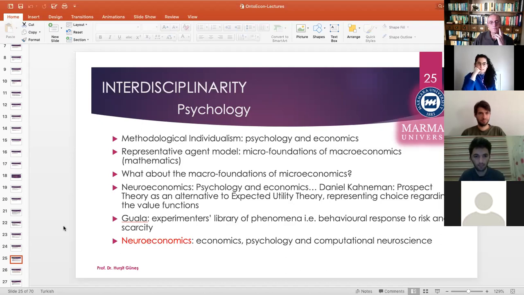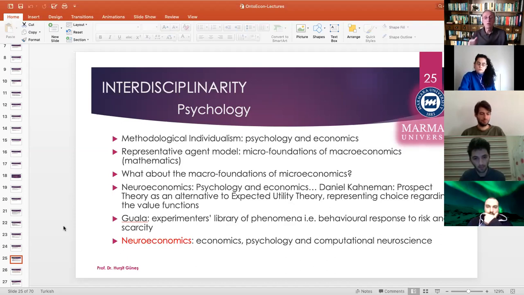Now, the representative agent model is also another important concept, in the sense that we talk about micro foundations of macroeconomics. Macroeconomics is studying macro concepts and short-term concepts in economics, but we never talk about the microeconomic foundations of macroeconomics, and we generally assume that there is a competitive structure. Once we say that there is no competitive structure, the entire macroeconomic analysis changes. For example, if you believe that there are oligopolistic markets, then you get into price stickiness, and the price stickiness changes the mathematical analysis. So the micro foundations is very crucial, and it had